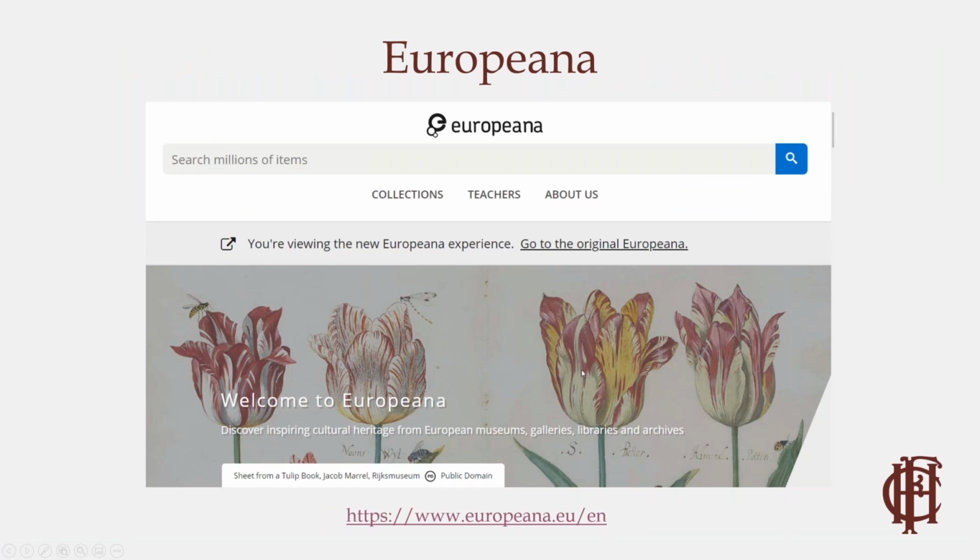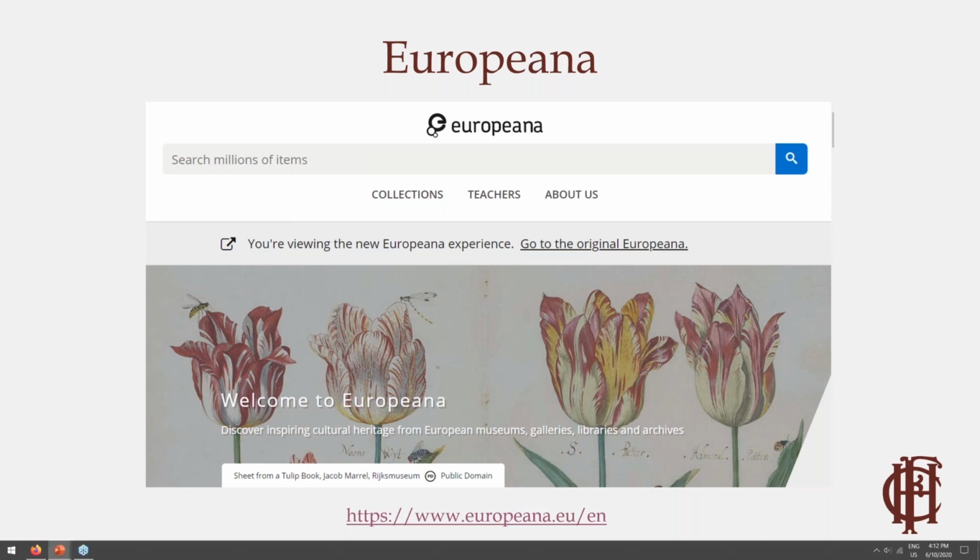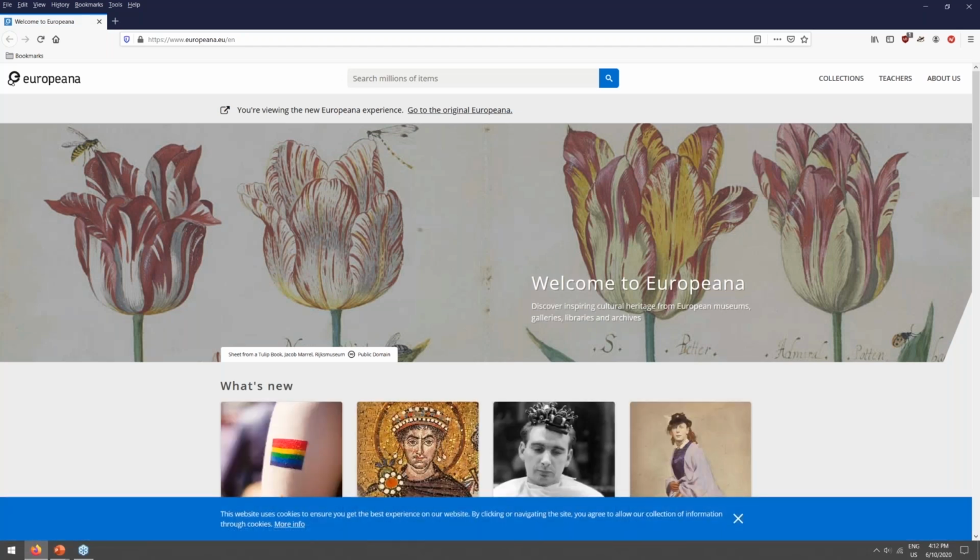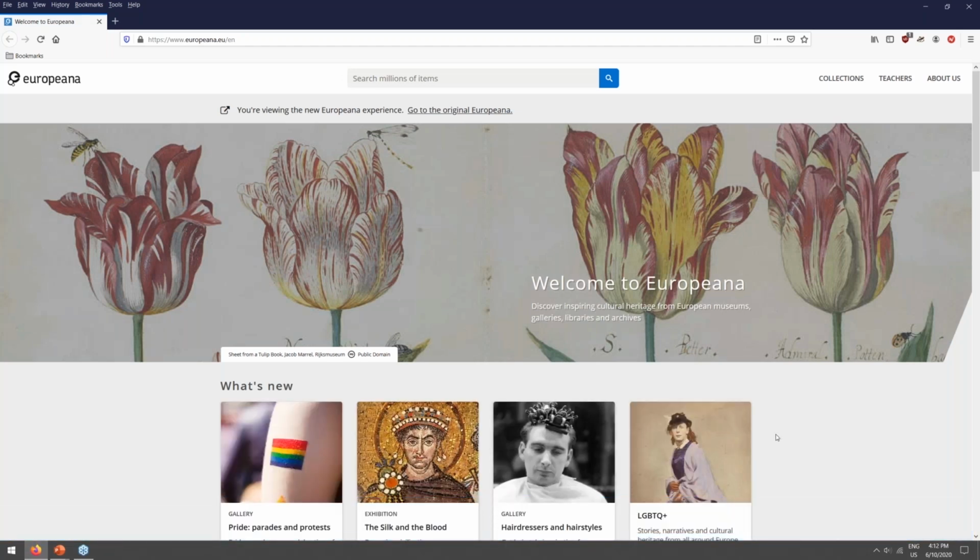So the next resource that I want to go over is Europeana, which many of you may already be familiar with as well. But it's a fantastic resource. I know they recently did a redo of the website, so we'll see how we can interact with that a bit more. So Europeana is an online platform created by the European Union that contains digitized museum collections